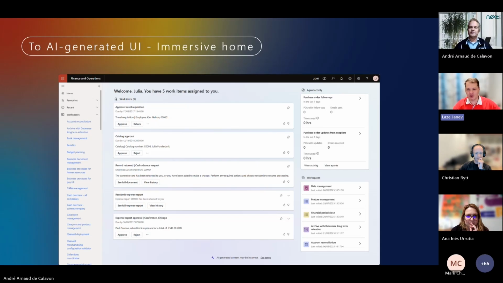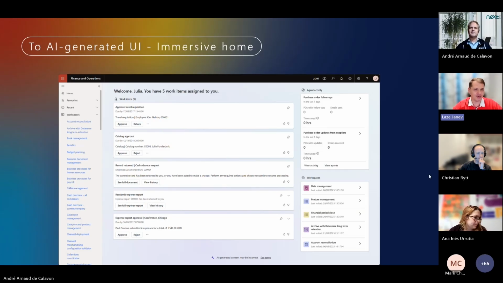It's coming from this project Sophia, which was a project where they gave the AI a bunch of information and said, hey, create me an ERP, which is designed by AI with all of the information that you have. So it was these randomly generated tiles and buttons which you need to take actions on. So you don't have access all the time to everything that you can access, but only to the activities that you actually need to take some